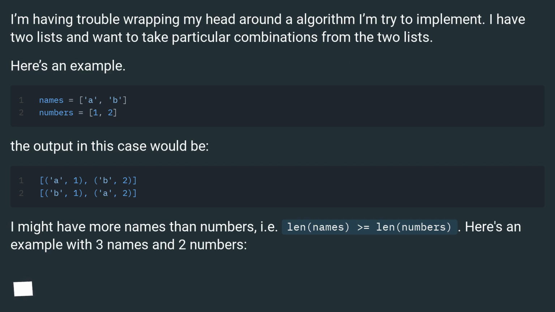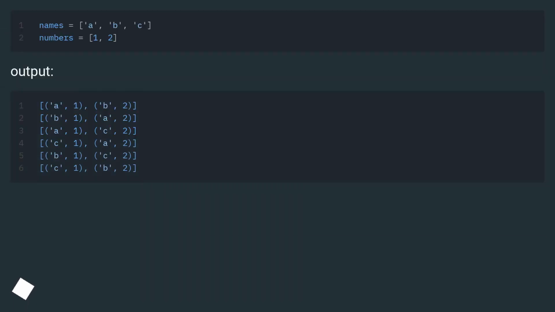The output in this case would be: I might have more names than numbers, i.e. len names is greater than or equal to len numbers. Here's an example with 3 names and 2 numbers. Output: